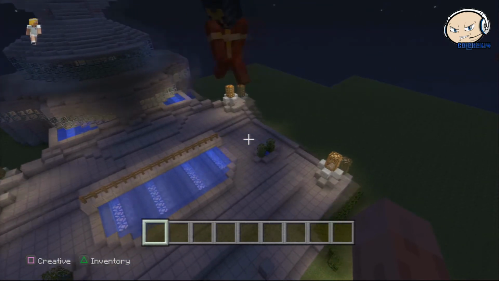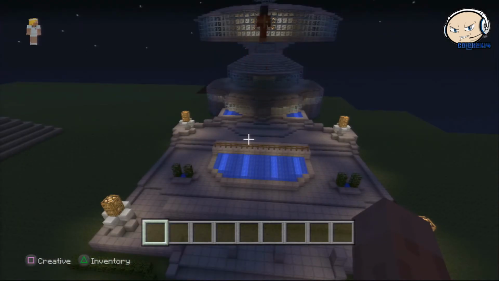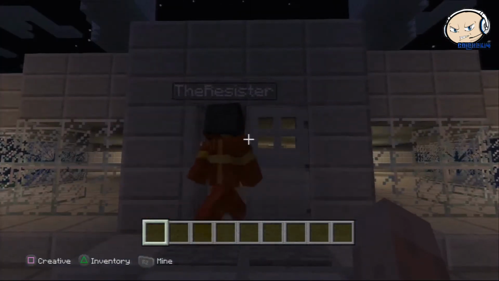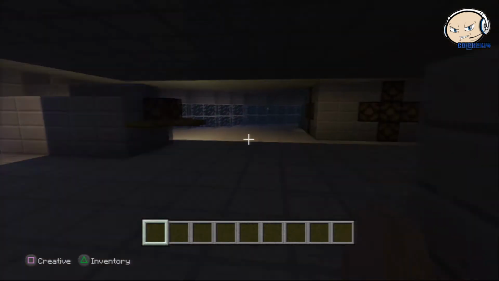And he's actually got working light switches in this as well. So this is where we go into the building for a bit of a tour. Your normal pressure plates for the doors. But yeah, he's actually got